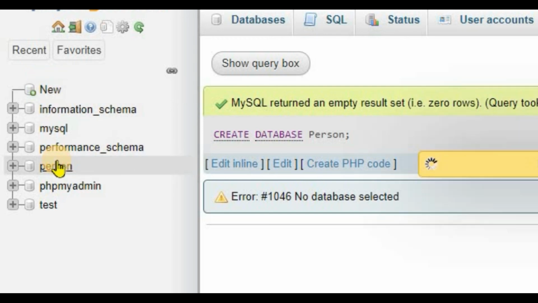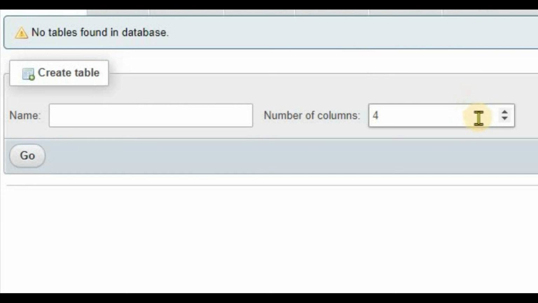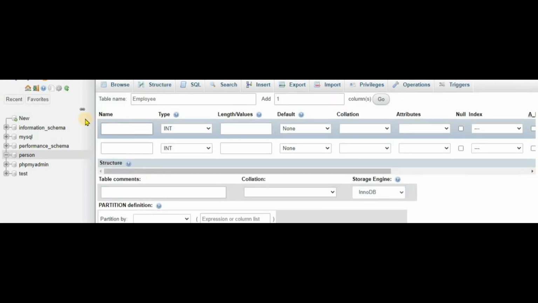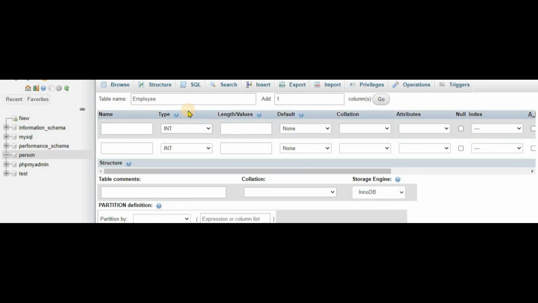Now to add tables, we click on the database in which we want to add a table, and then here you can name the table and the number of fields you require. Let's say I name it employee and the number of fields I require is 2. So I click on go, and then here you can name the fields and choose the data type of the field, like int, varchar, text, date, numeric, and there are many different data types you can use for the fields.